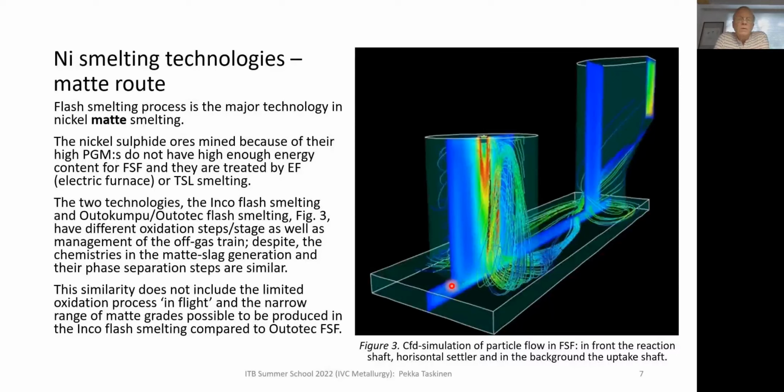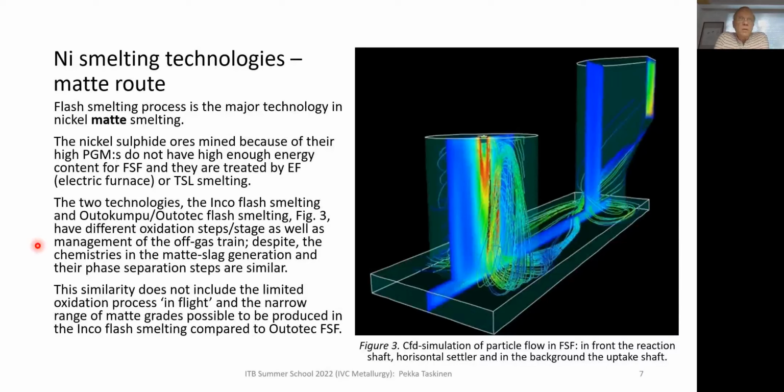Whether that is still operating in Sudbury, I'm not quite sure, but that was in the past a major producer of nickel. But all the other smelters in the world are using flash melting, Outotec flash melting technology,